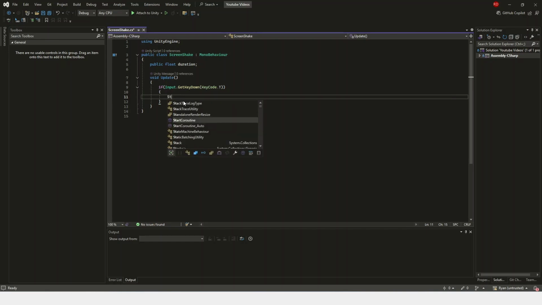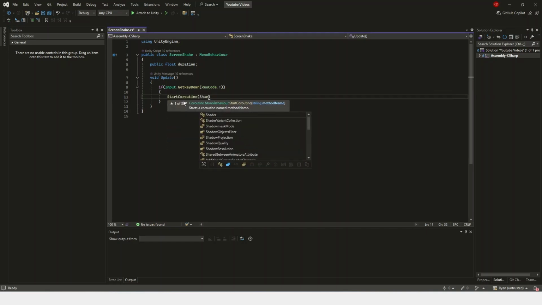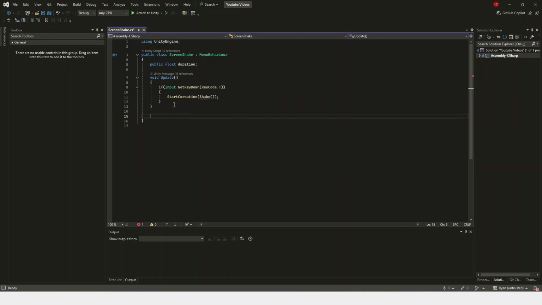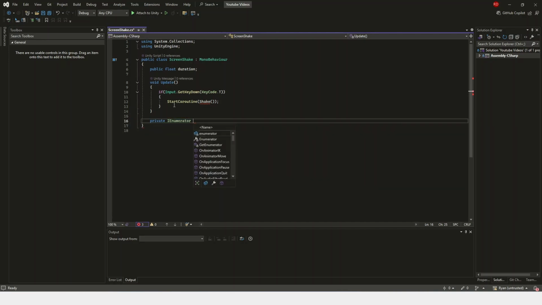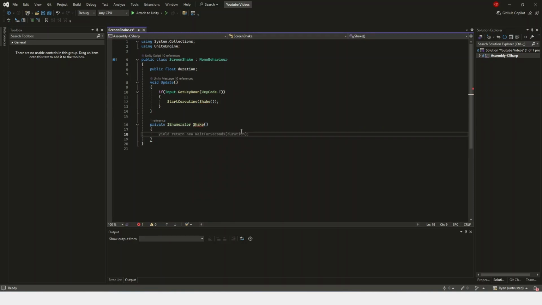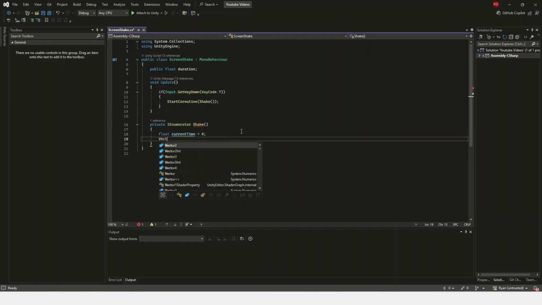And then I'm going to start a coroutine, and I'm going to name it Shake. And then I'm going to have an error because we haven't created this method yet. But I'm going to create a private IEnumerator and name it Shake. And then inside of this, I'm going to create a float and name this currentTime, and set it equal to 0. And then I'm going to create a Vector3, and name it originalPosition and set it equal to